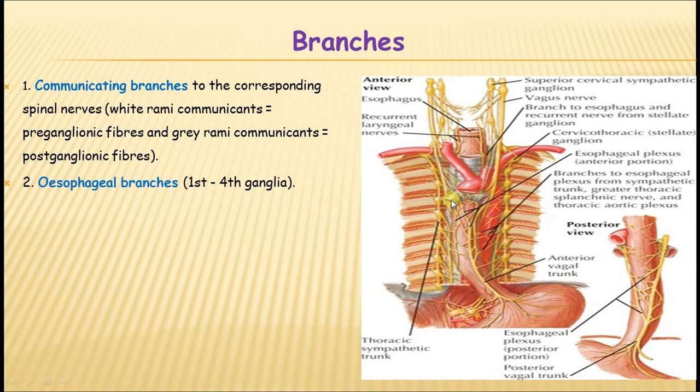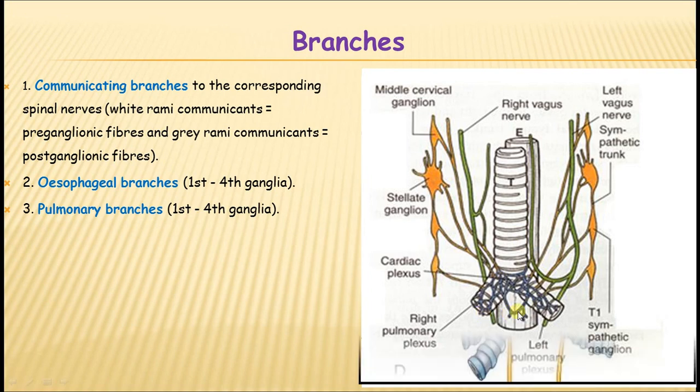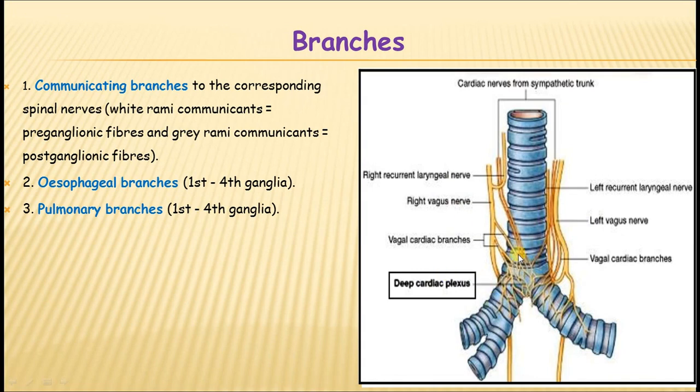Now, the branches from the sympathetic trunk give rise to branches to the esophagus, forming the esophageal plexus. The pulmonary plexus is formed in front of the bronchus and behind the bronchus. They are responsible for the formation of the pulmonary plexus. They take part in the formation of the cardiac plexus and esophageal branches. So the cardiac plexus, mainly the deep cardiac plexus, you are able to see here